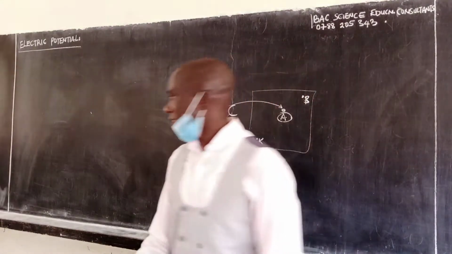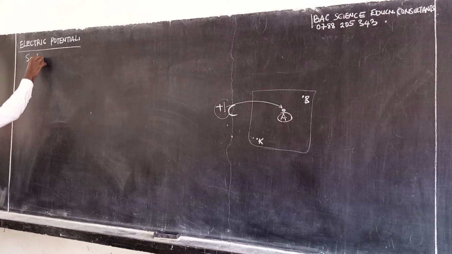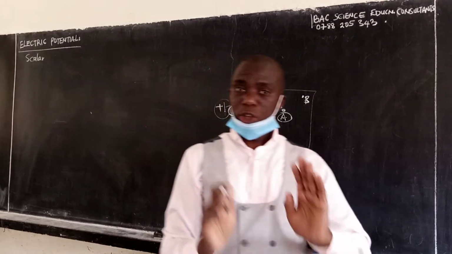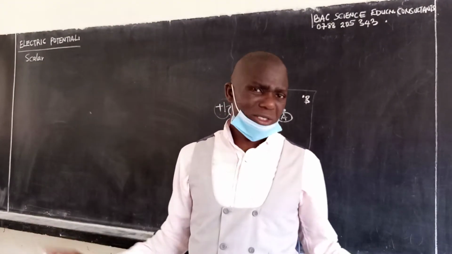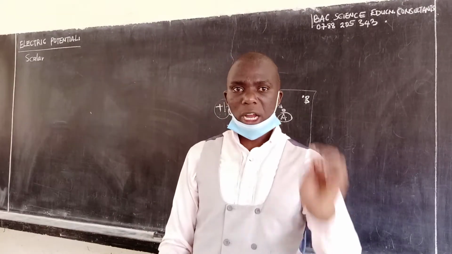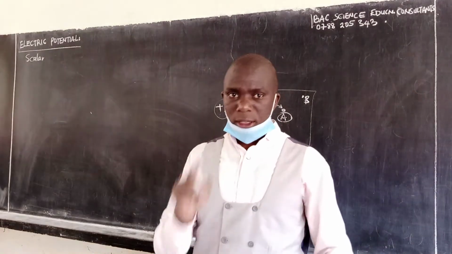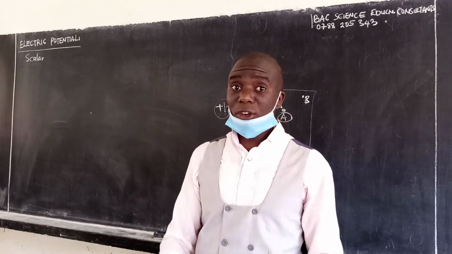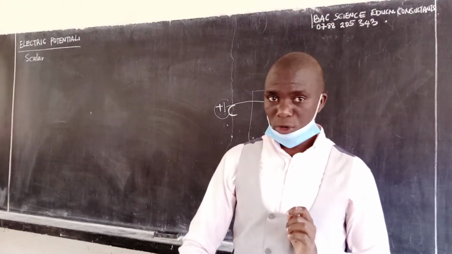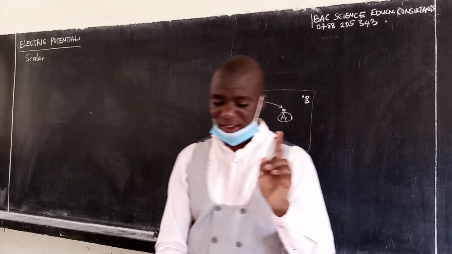scalar quantity. Just have to know that. And meaning when we are doing the calculations, we shall not consider the directions. We shall not consider the calculation of angles. When we are talking about algebraic sum, we shall just add. But if a charge is involved somewhere and it has a negative, that negative has to be included in the calculation. That is very, very important.